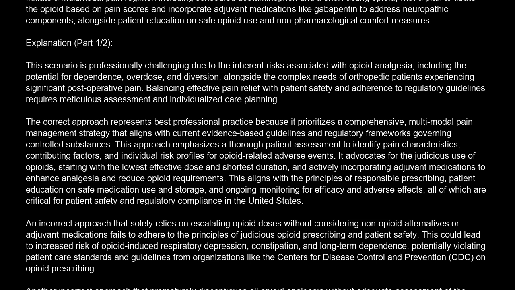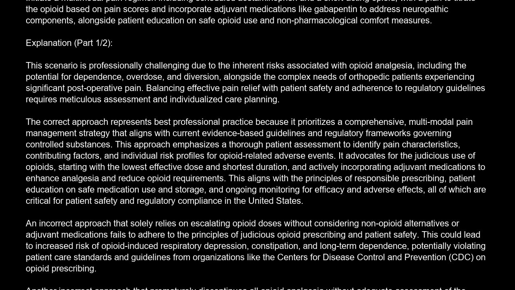The correct approach represents best professional practice because it prioritizes a comprehensive, multimodal pain management strategy that aligns with current evidence-based guidelines and regulatory frameworks governing controlled substances. This approach emphasizes a thorough patient assessment to identify pain characteristics, contributing factors, and individual risk profiles for opioid-related adverse